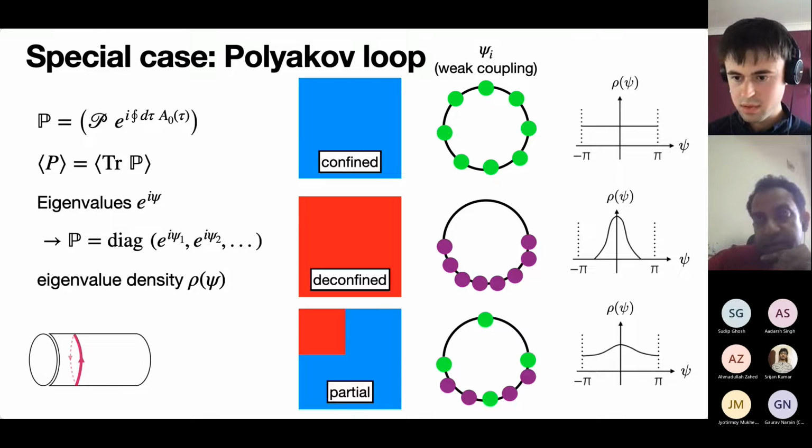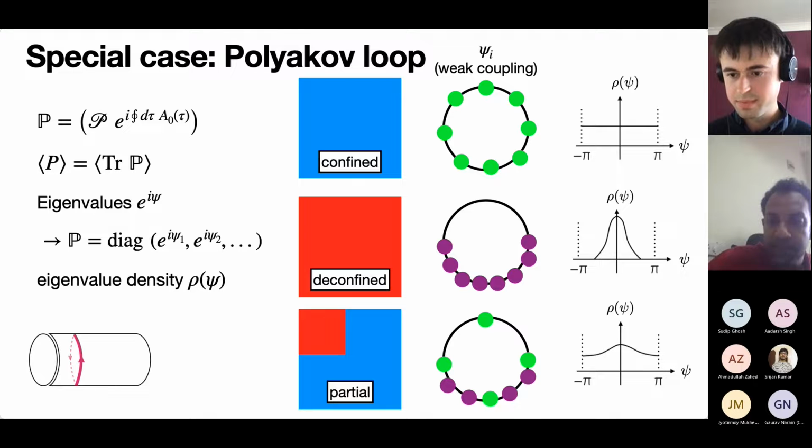I guess the punchline is that sometimes it's not super clear what exactly partial deconfinement is. Is that a fair statement? I guess so, at finite N. At large N, yes, that's right. So the point, I guess, is that the eigenvalue distributions are...